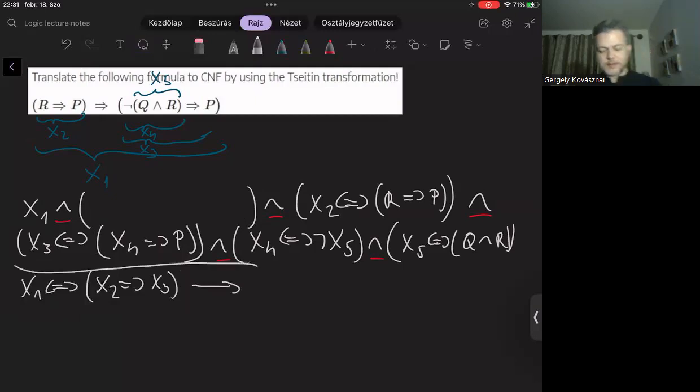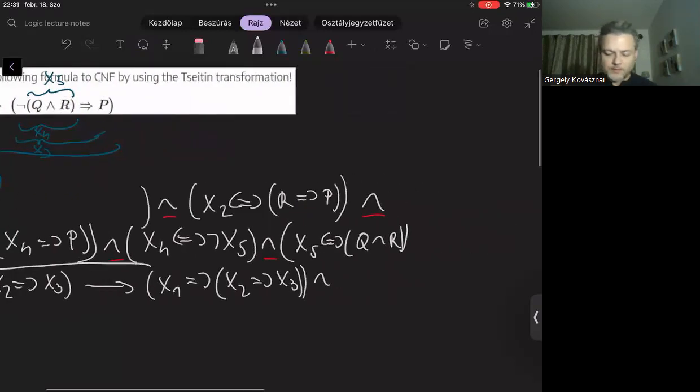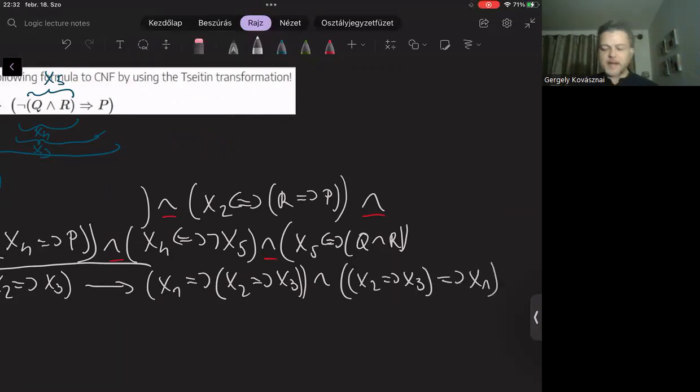And let's do it. So this is an equivalence. You probably know, I hope you know, that first we need to eliminate the equivalence by breaking it down to two implications. This is the first implication, and another implication, which is the other way around, like this.